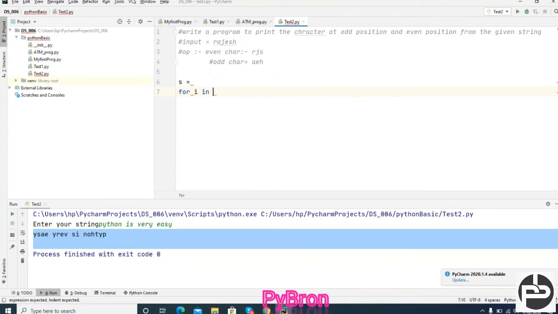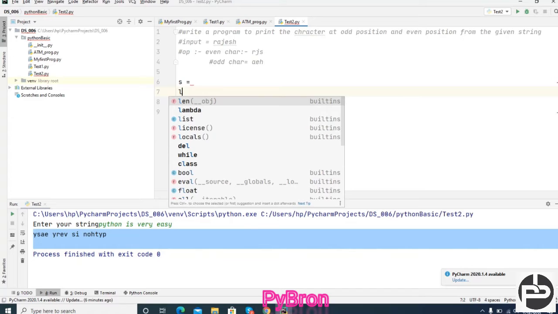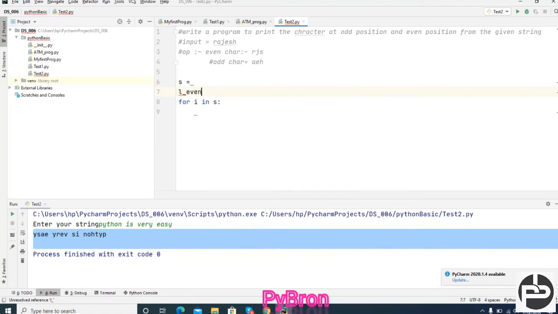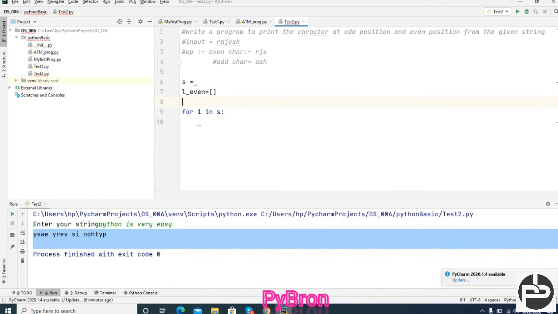So for i in s, one by one will come, and then you have to consider one list, L for even, and next L for odd. Okay, I'm just giving the rule, I'm going to give the syntax and how you will proceed over here.